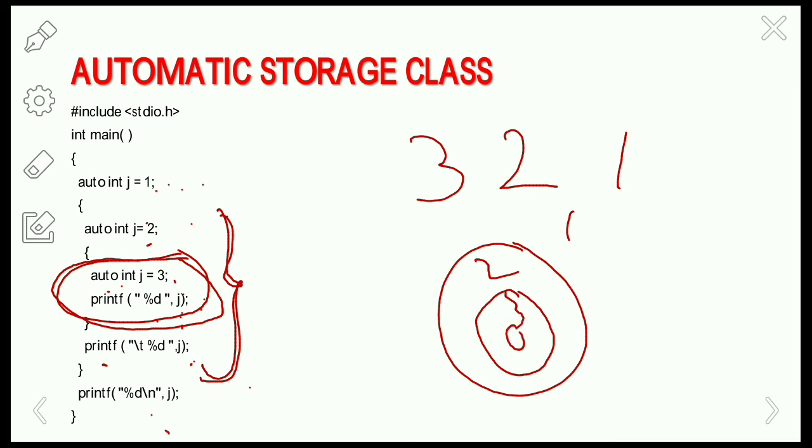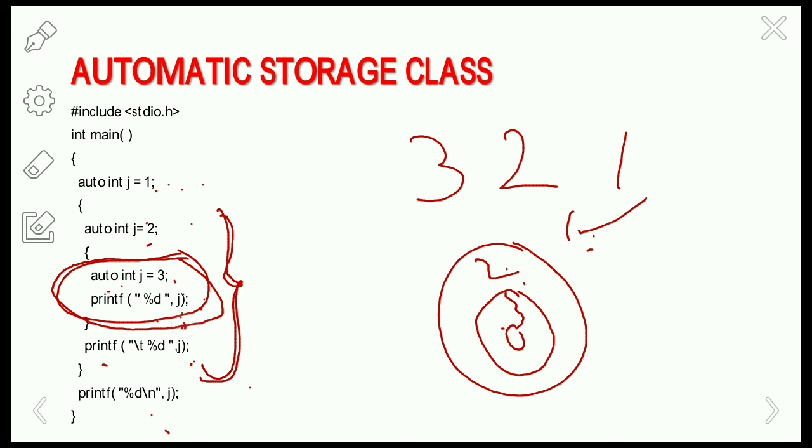Under the variable j equals 1, 2 is there, 3 is there, but when the block is 2, when the variable scope is under 2, we cannot access the variable 1. Similarly, when the block is under the scope of 3, we cannot access the variables 1 and 2. Okay, so that is the scope and visibility.